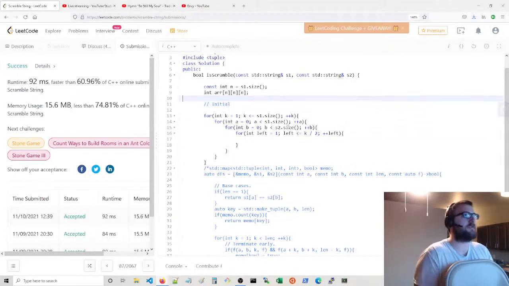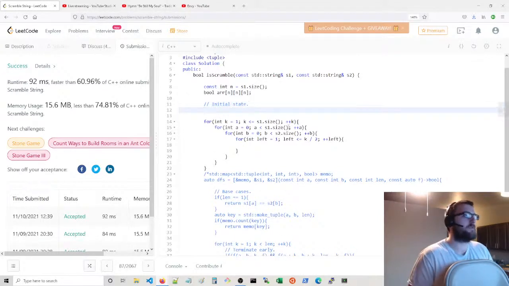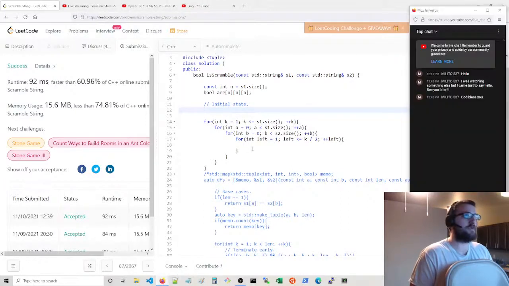initial values, and these are actually booleans rather than ints. Got that wrong, I made a mistake there. So the initial state for the DP is going to be